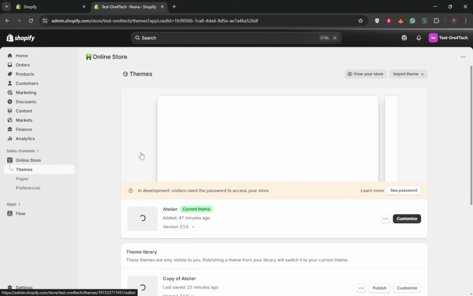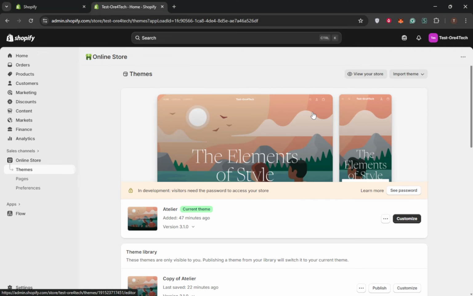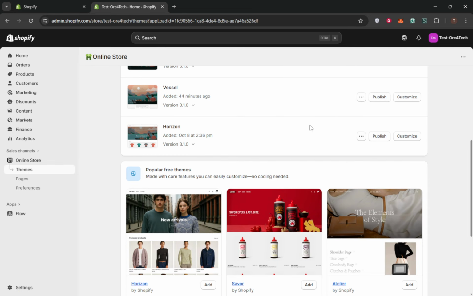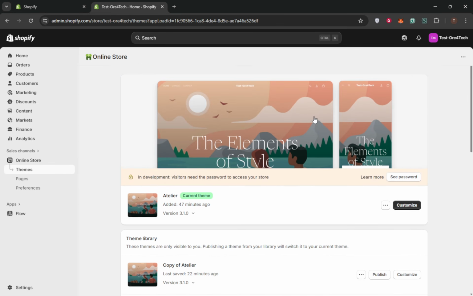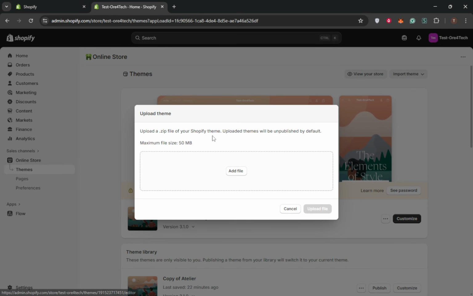In the Themes area, scroll to the Theme Library section. This is your staging area for themes that aren't live yet. Click Add Theme, then choose Upload Zip File. A dialog will open. Click Choose File, navigate to the .zip file of your theme on your computer, and select